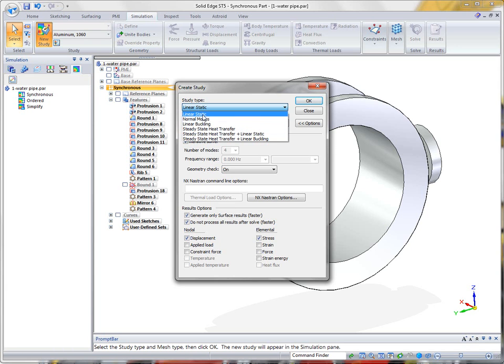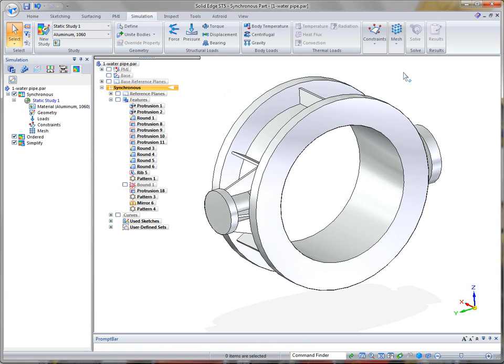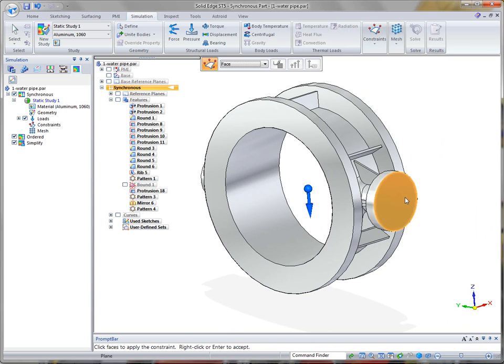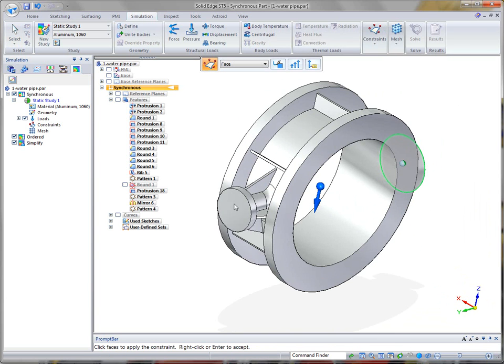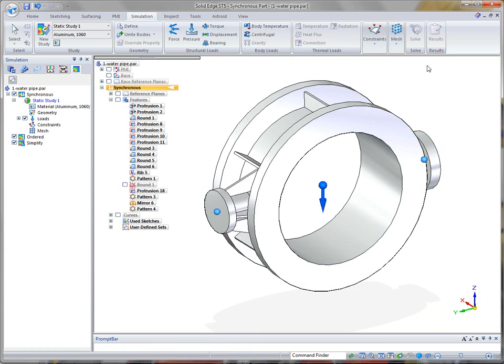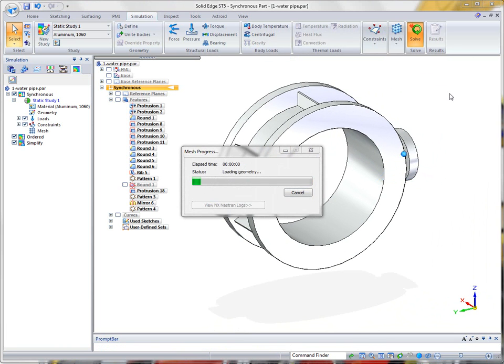So for example, if we come in here and do a linear static, just a standard linear static, and let's just say we apply gravity. Say there's some fluid going through this tube, this water pipe, and then I just apply a fixed constraint on each side. And then I run a solve,